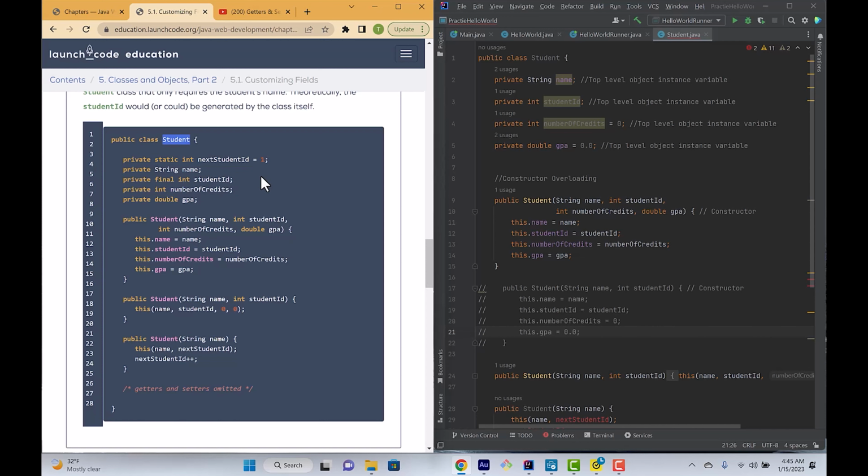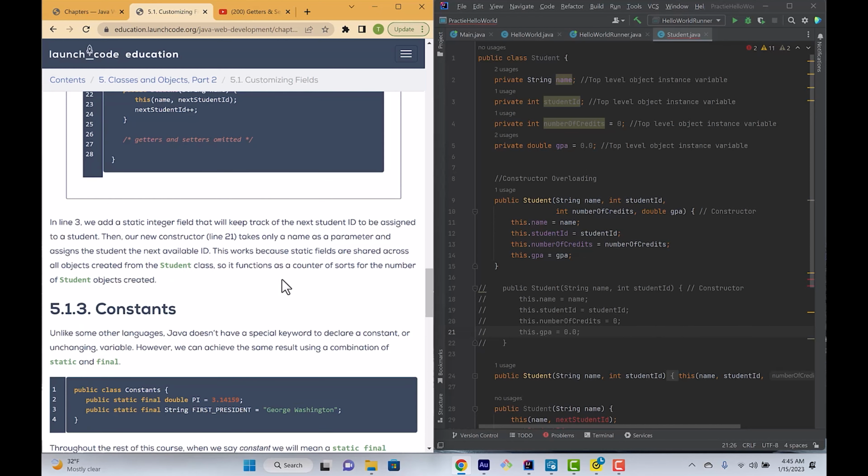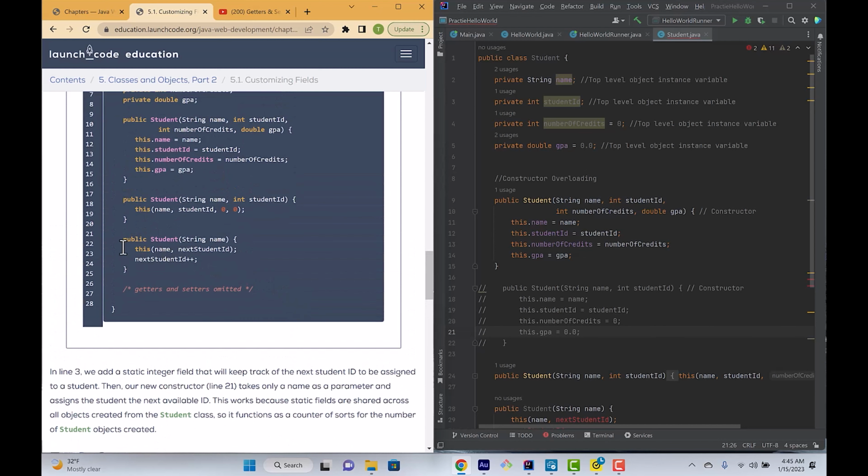You're going to start it at 1, and we're going to add there every time we add a student ID, or the next student ID. Now we add a static integer field that will keep track of the next student ID to be assigned to a student. Then our new constructor, on line 21 right here,